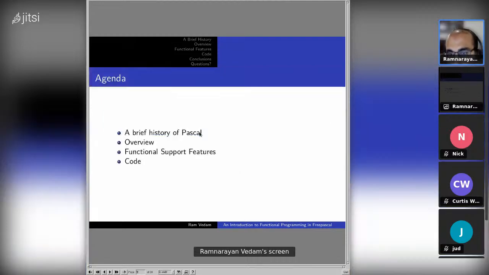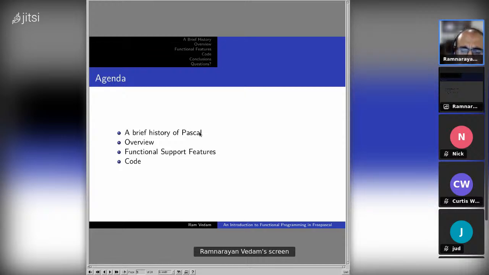Our agenda tonight is really going to be covering four different things. I'm going to provide a brief history of the Pascal programming language. I feel it's appropriate to do this, especially given the fact that, as someone pointed out to me the other day, Turbo Pascal, I think the first IDE I ever used, turned 40 over the weekend, and it felt appropriate to give it its due respect, especially given that it had influence on Free Pascal, which we will be looking at today.